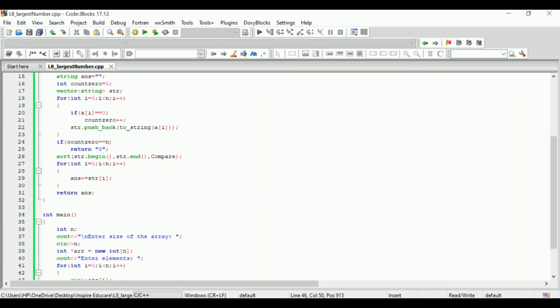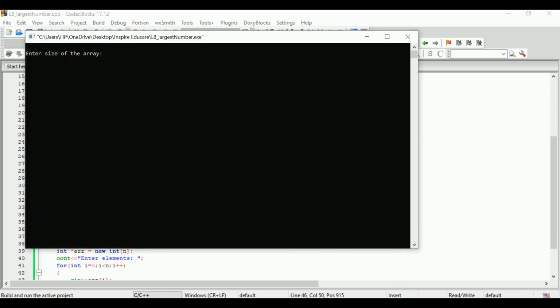So let's see the run part. Here it is asking for the size of the array. Let the array size be 4. Now we have to enter the elements. Let the elements be 33, 30, 2, 41.